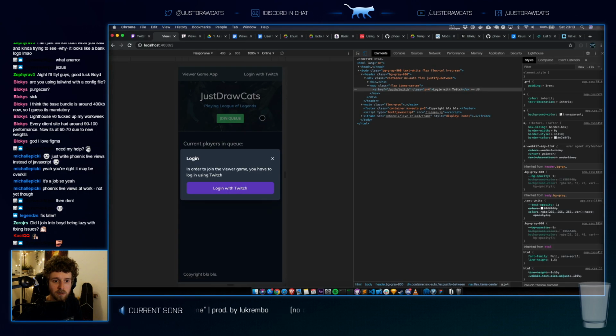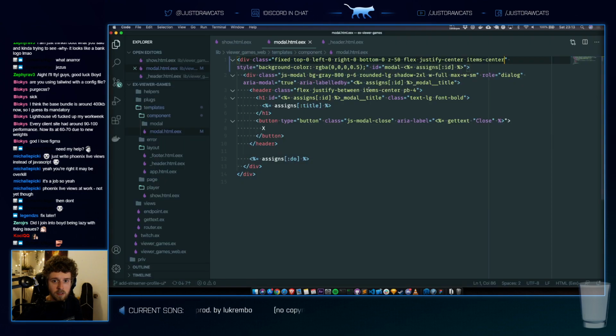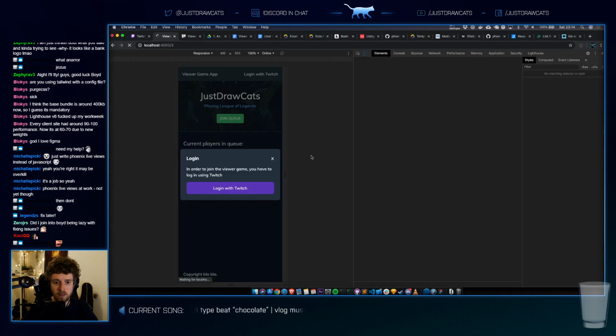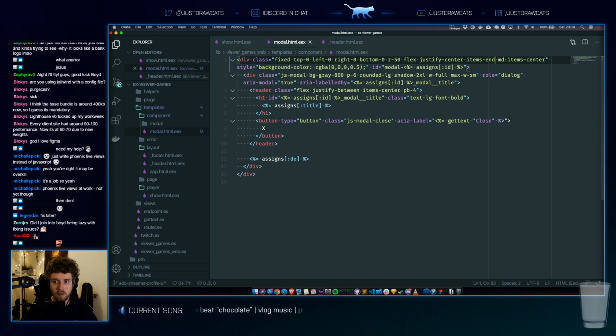Let's make this always visible. So on mobile, this thing should not be justify center. There should be... No, yes, justify center is fine. There should be items center and then items end. Okay.